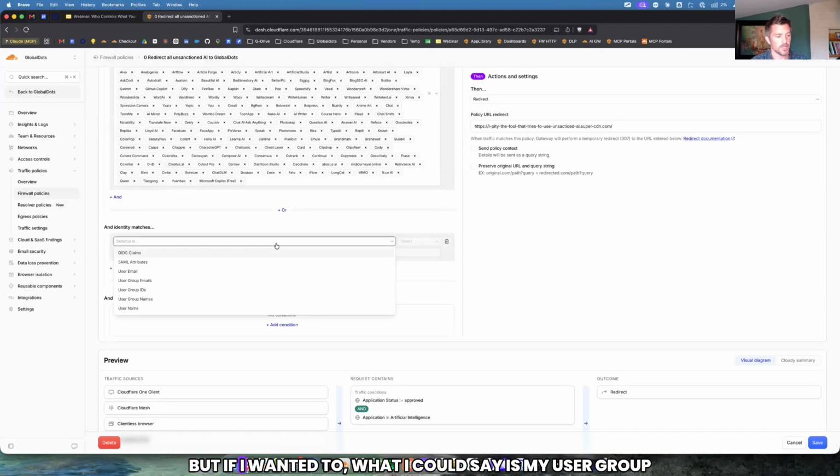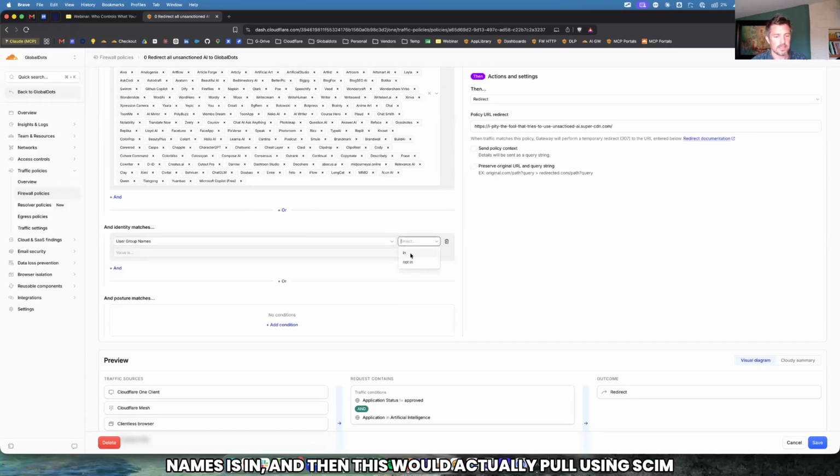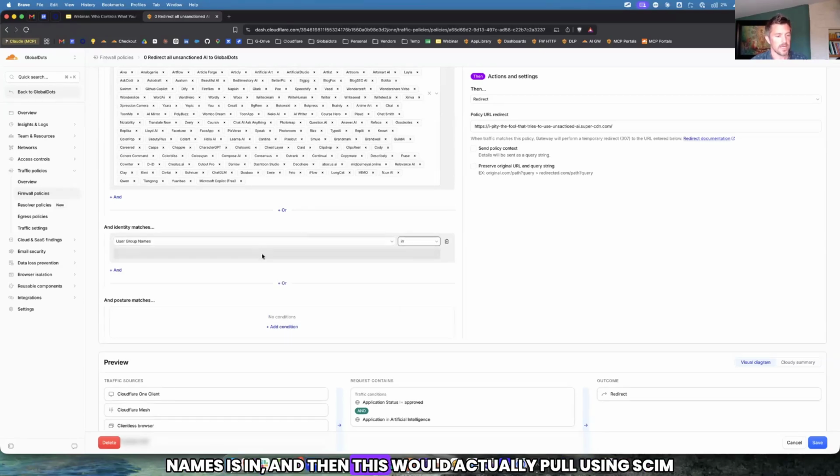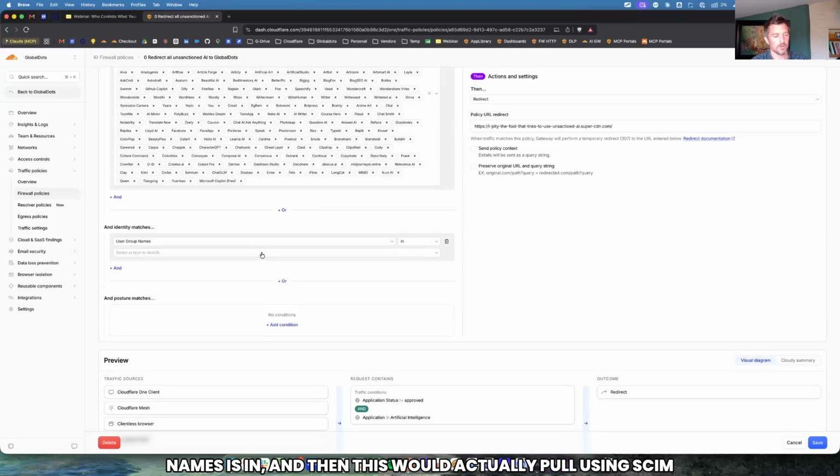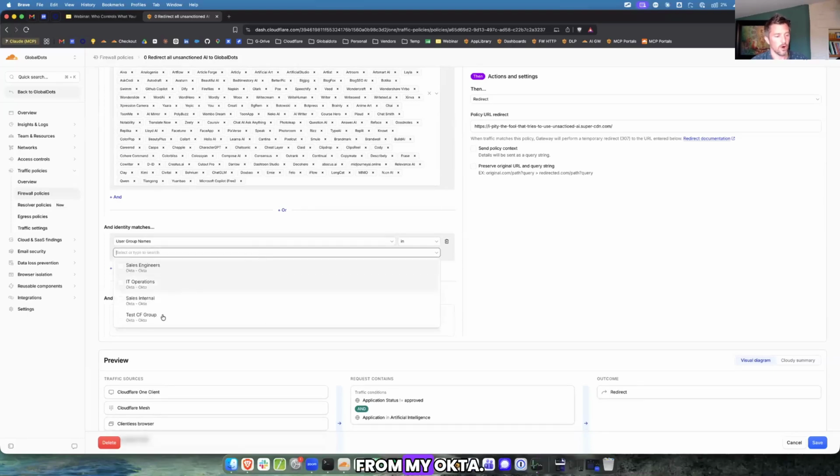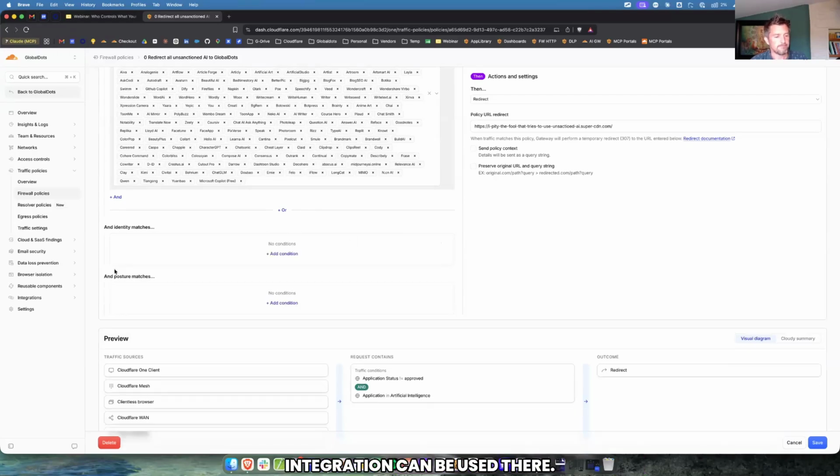But if I wanted to, what I could say is my user group names is in, and then this would actually pull using SCIM from my Okta. So you can see you have Okta groups in there. They could be your Azure AD groups. They could be Google groups, but just to show that your IDP integration can be used there.